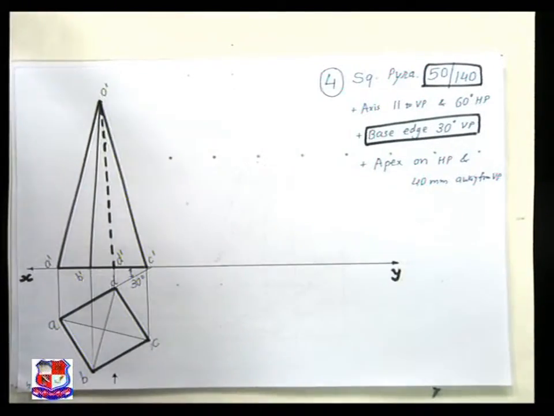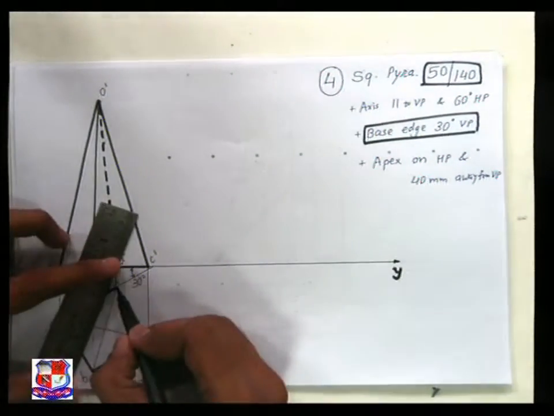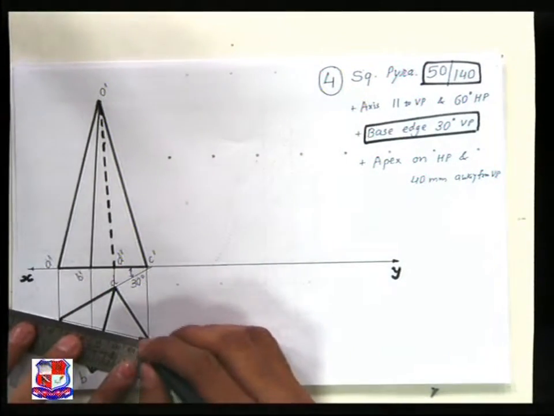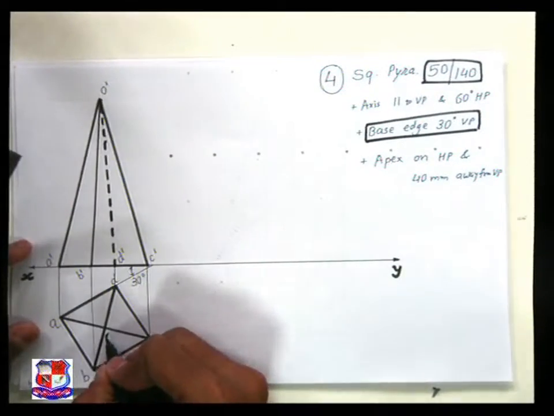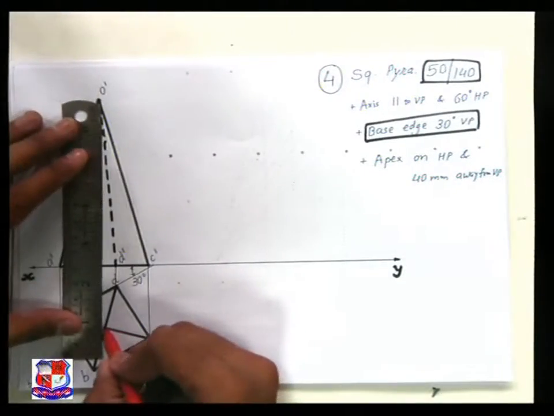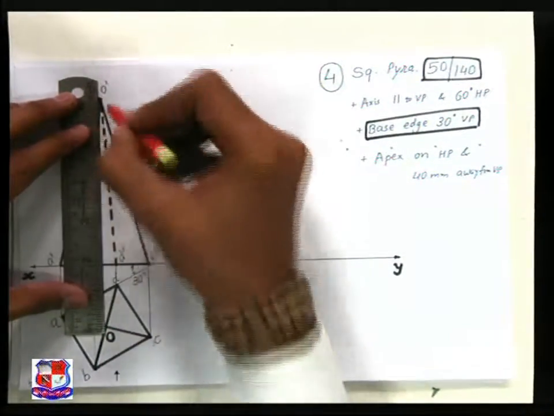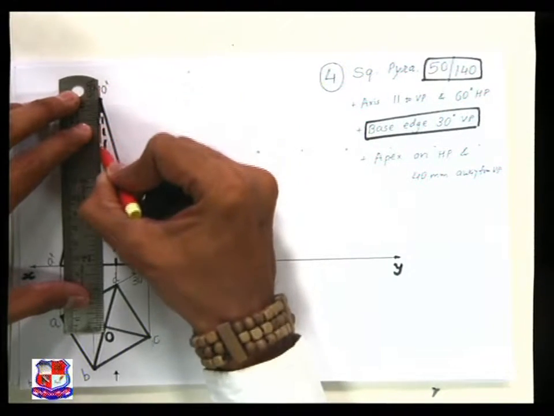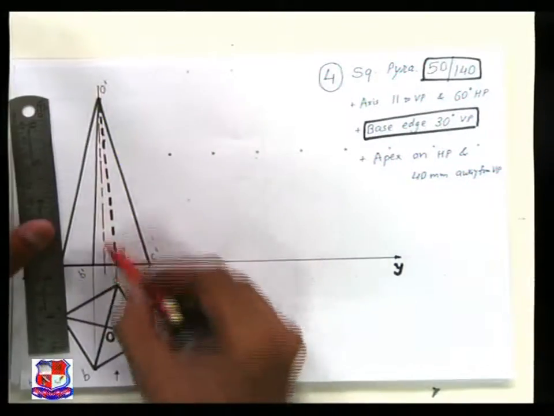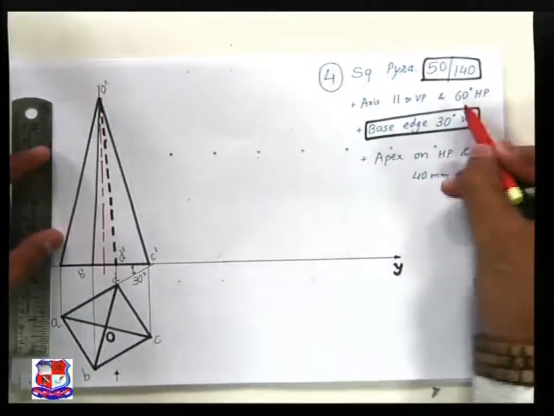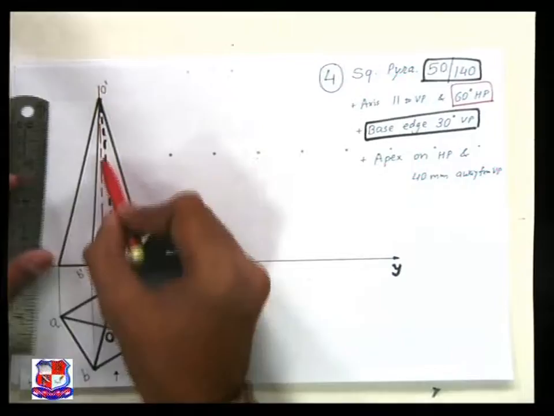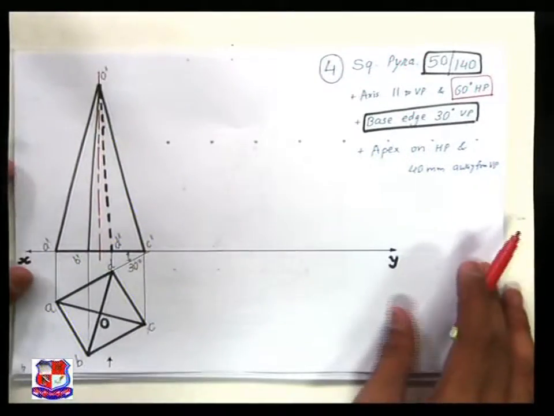AC and BD, and it's a full line because it shows the slant edges of this solid, AC and BD, and this is apex point O, and from this O draw a center line like this, which shows the axis of this solid, and it is given that this axis is parallel to VP and 60 degree to HP, this one. So we have to tilt this axis at an angle of 60 degree with XY line, but further